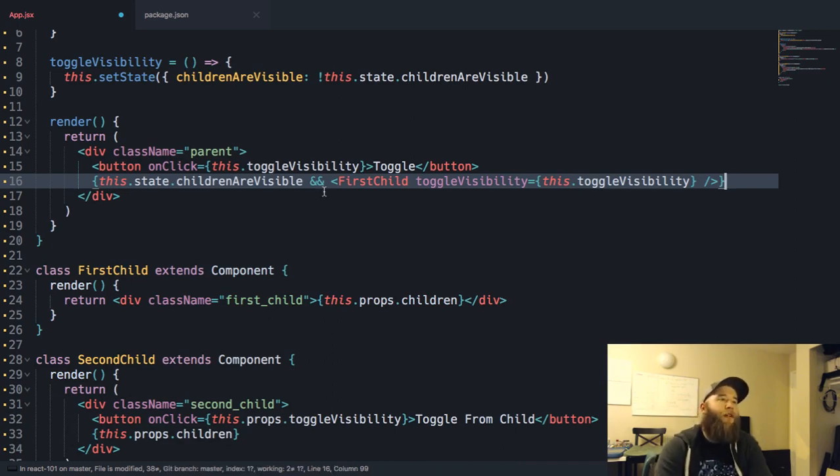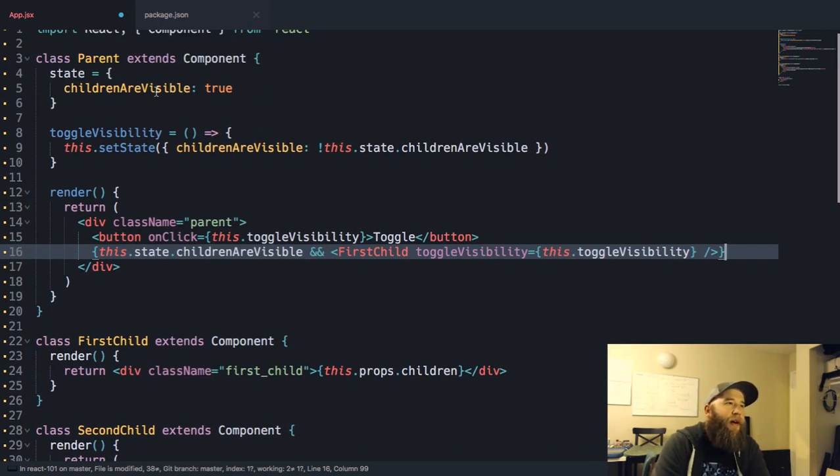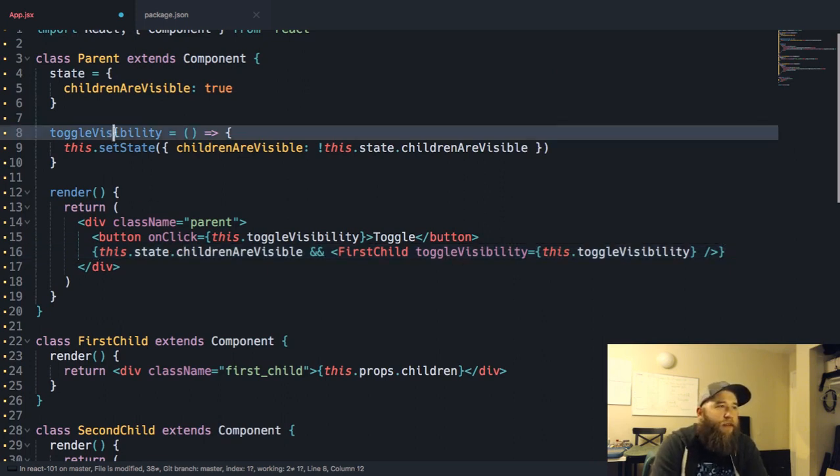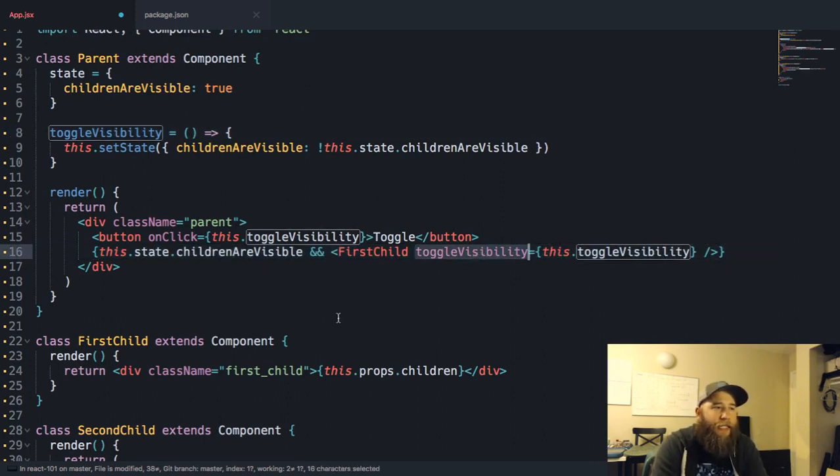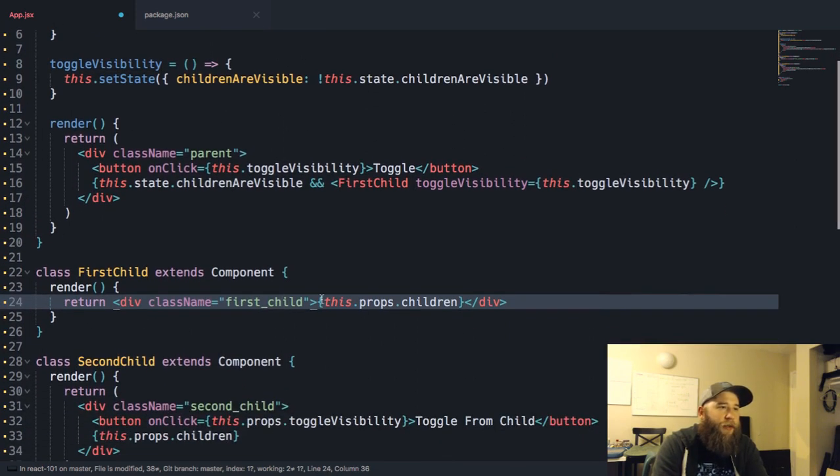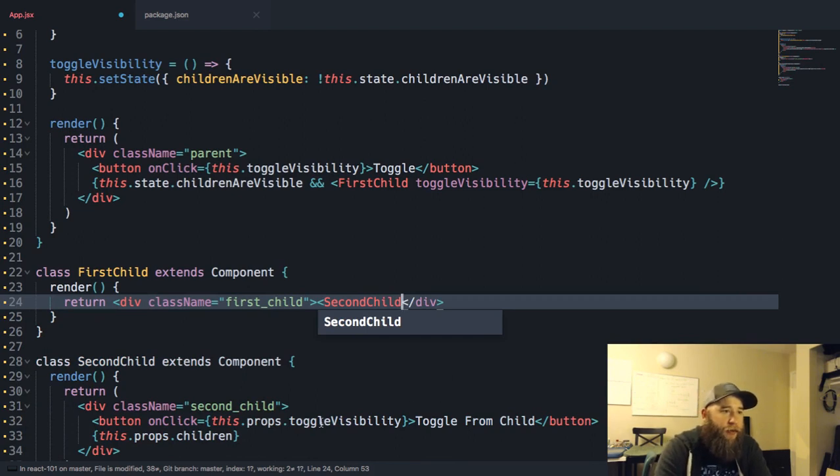Okay, so we've got our parent, which is going to render a first child, and we're passing down this method as a property. And then first child will, instead of doing this, we'll call second child. And in order to get it down here where we have this dot props, we're going to have to pass it one more time. So yes, we will get to that.